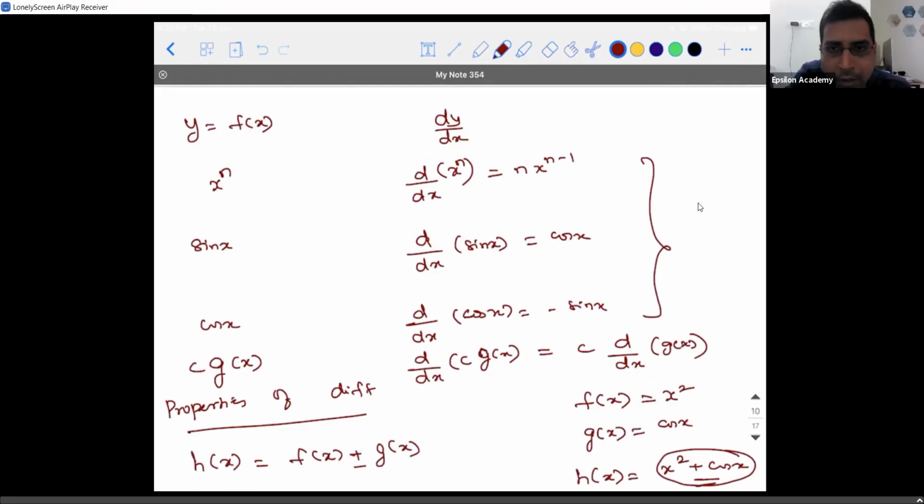Actually, you need not do it, and that's what I'm trying to say. In the future, when you do it in math or physics, you write the derivative of tan x directly as secant square x. When you already know the derivative, you need not write the denominator as 1 by 1 and apply the u by v rule, that is the quotient rule, which is not needed because you already know the derivative of sin x is cos x. That's what I'm trying to say. Since I didn't give you the formula, I wanted you to derive it. How did you know that it is secant square x? It has actually come because of this only.